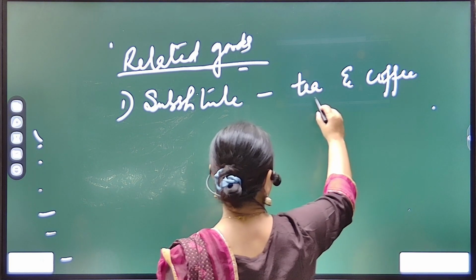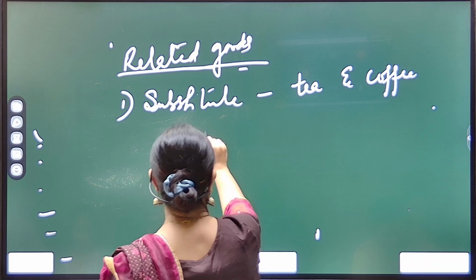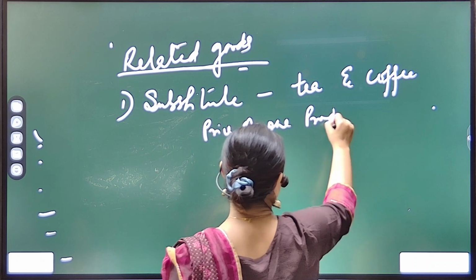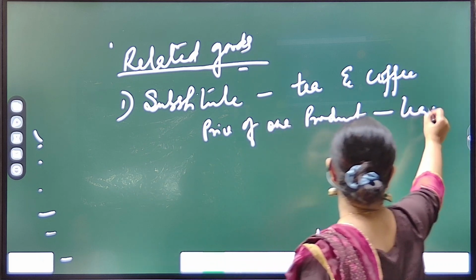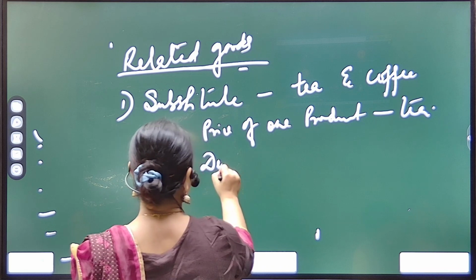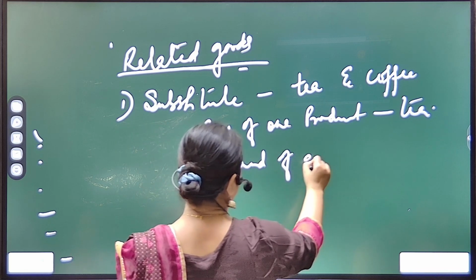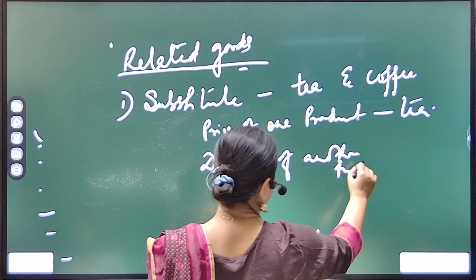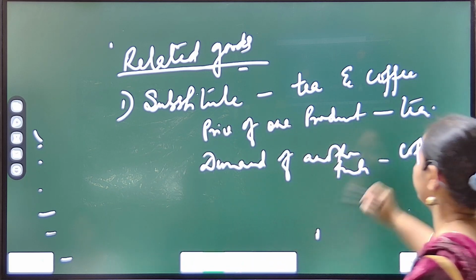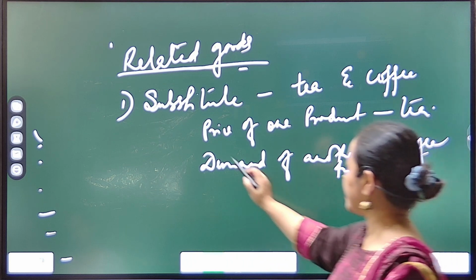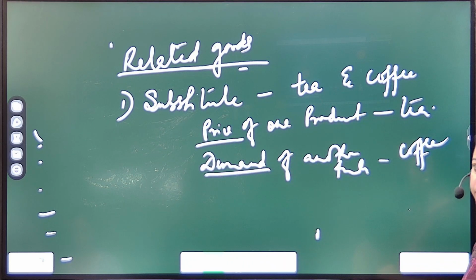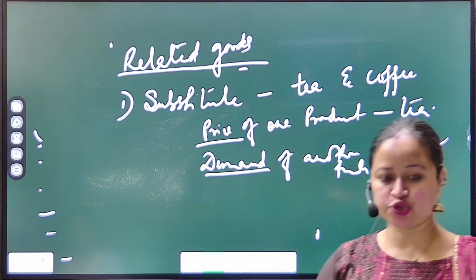Fine? And how is it related? Whenever we are talking about tea and coffee, see here, the price of one product, suppose that one product is tea, is related with the demand of another product, that is coffee. Fine. So here, the price of one product is related with the demand of another product. Fine. So substitute goods